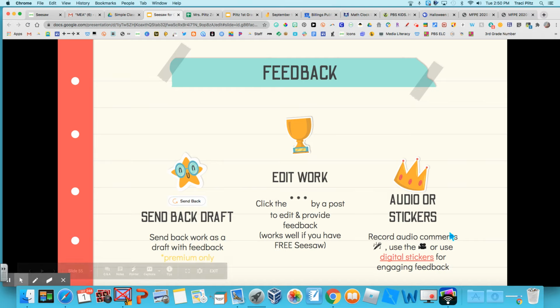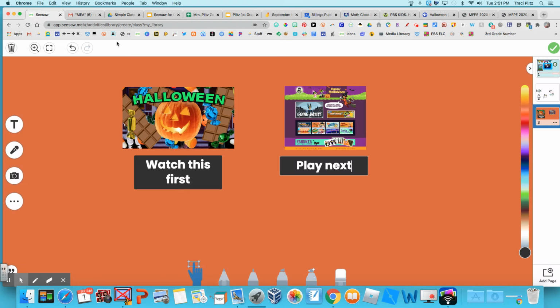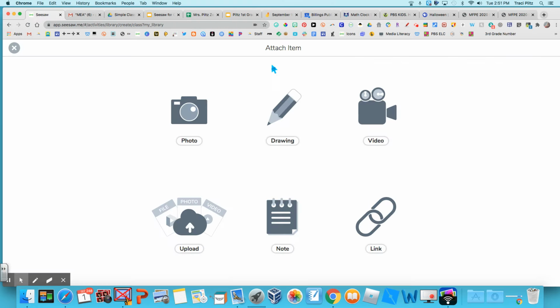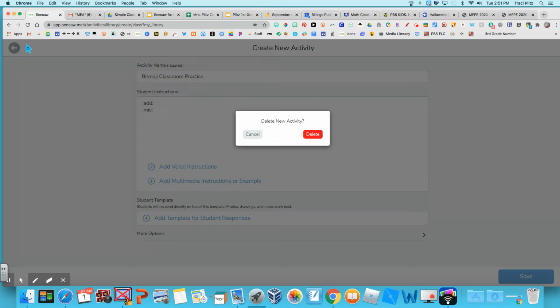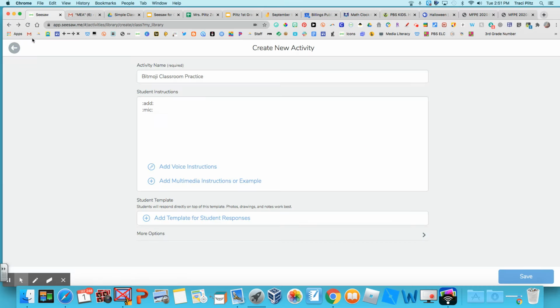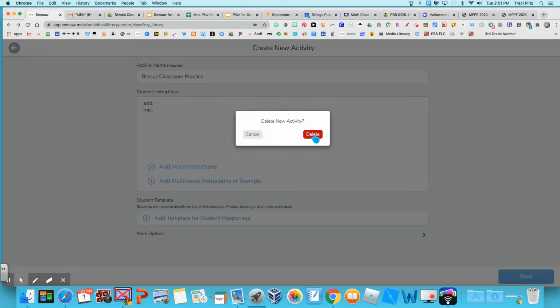Teachers also like providing audio feedback by using either the comments or the microphone within the item, or using digital stickers. And again, there is a little link in the handout that shows you how to create and upload digital stickers. Some people like using their Bitmojis, other people like creating their own little images that they can add as stickers. So let's come back to this class really quickly. I'm going to get out of my activity creation here, and we'll get back to the class and take a look